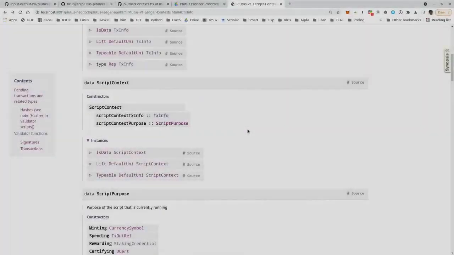When I explained the extended UTXO model in the first lecture, I explained that in order to unlock a script address, the script attached to the address is run, and that script gets three pieces of input: the datum, the redeemer, and the context. And in the second lecture, we saw examples of that, and we saw how that actually works in Haskell. We saw the low-level implementation where all three arguments, datum, redeemer, and context, are represented by the